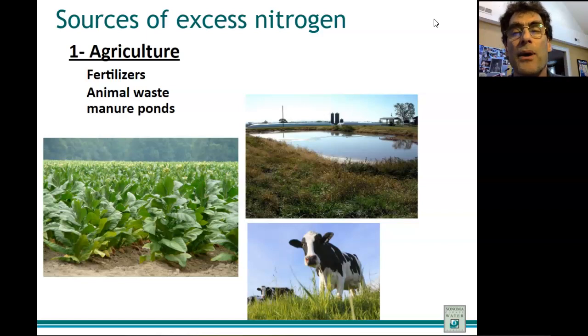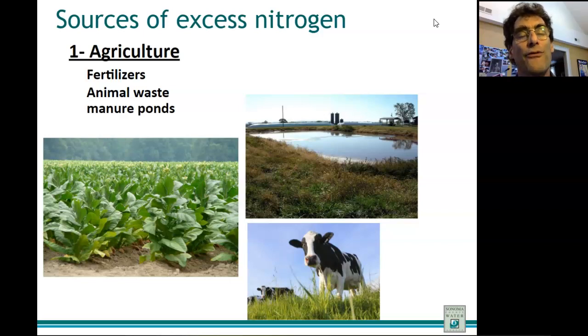Then we kind of cleaned up our act. We had to move these away from the rivers. Although the farms were already there next to the rivers, we couldn't let that waste go into the rivers because we learned about eutrophication. So now what do they do with all that waste? They create these manure lagoons or these manure ponds. And the idea is that all the urine and fecal material go into those ponds and it eventually evaporates away.